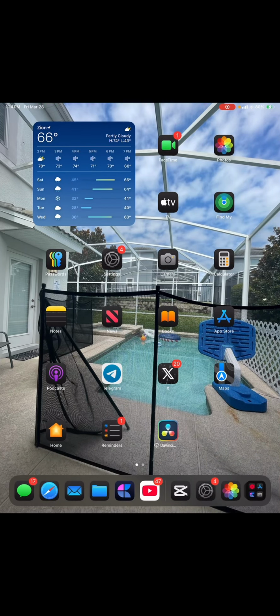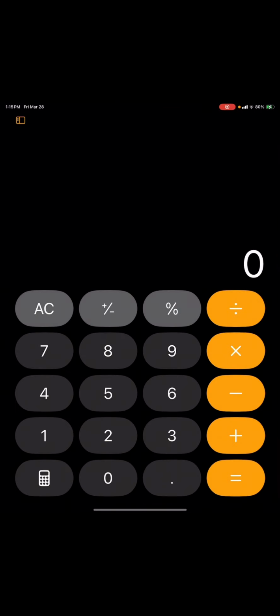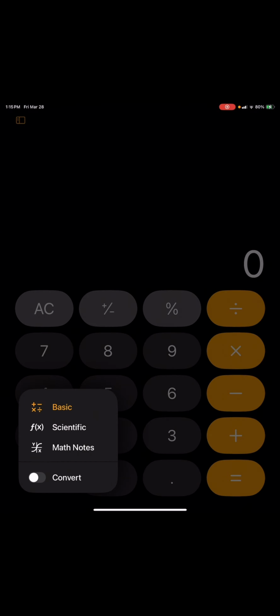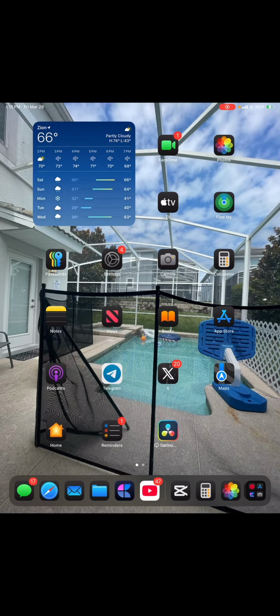On my iPad, I have the weather app, FaceTime, Photos, Apple TV, Fitness, or Find My rather, password, settings, camera, calculator got redesigned. Here's how it looks on the iPad. It looks pretty big. You have your same options with Math Notes and Basic and all the other options that you have. Notes, news, books, App Store,